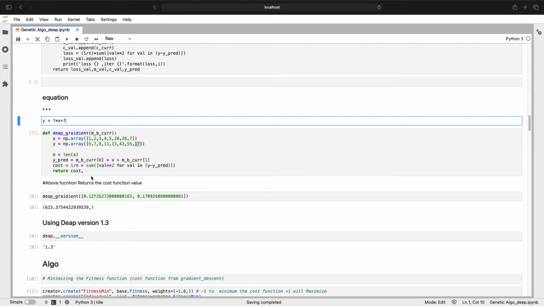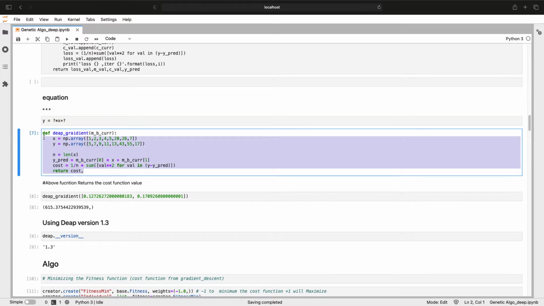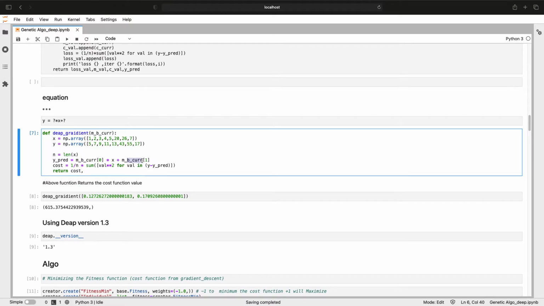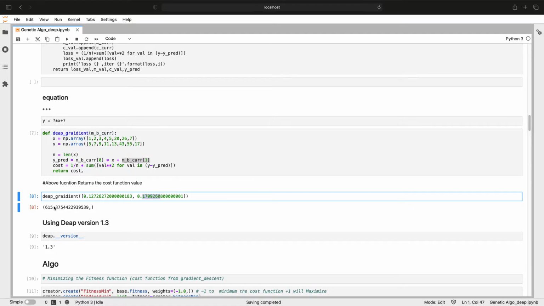So guys, as I said, the objective needs to be clear. In this case our objective is minimizing the cost function, right? Because once we minimize the cost, only then will we be able to find the best value of m and c, which, if we plug into this equation, we can get this, right? So here I am passing the m value and c value as a list to this function, and the first element of the list is going to be m, and the second element is going to be c. So just to test whether this function is working or not, I have passed two random values inside the function, and it is returning the cost function or the loss function.